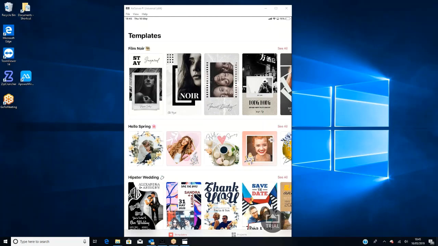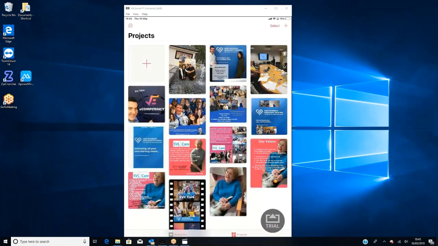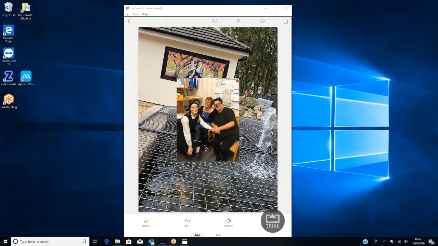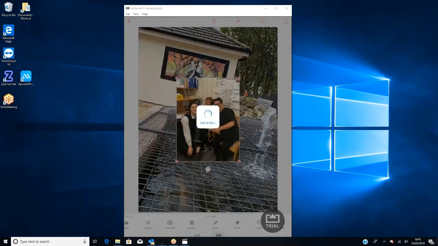And just to show you how quick that is to do, I started a little project earlier just to show you, so I'm going to click onto this. So the background picture was added, and then I added this little picture. I can actually scroll along the bottom here, and you'll see it start to come together, because if I edit and click this picture, there's a little button on here, and I'm giving away all my secrets now, in case you think I'm really good at this, that's called Magic, and you'll see what happens in a second.